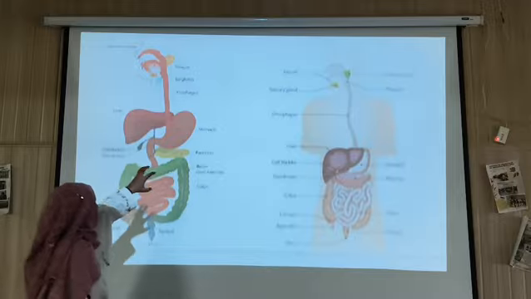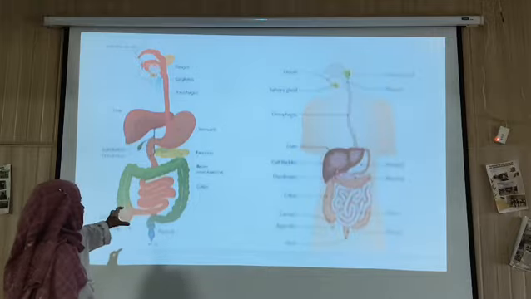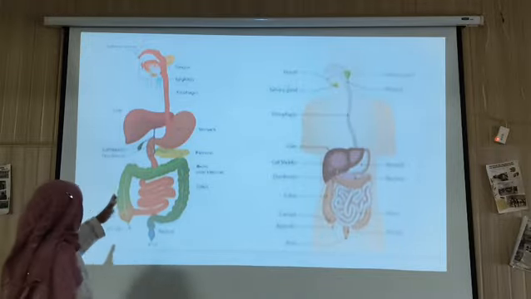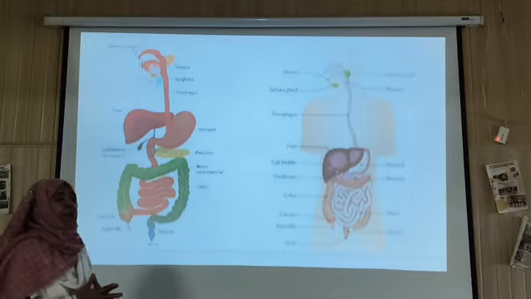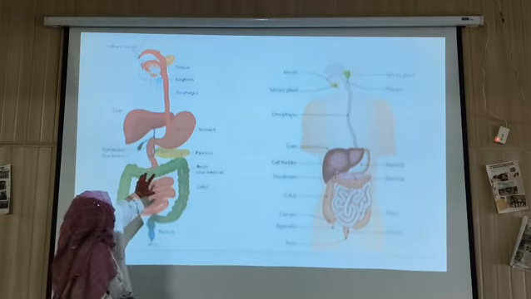After that, from the stomach, this food moves into the small intestine. In the small intestine, three juices will enter. One juice will enter from the liver, called bile juice, and that is poured into the small intestine with the help of the bile duct, which helps in emulsification or breakdown of large fat molecules into small fat molecules, and fat is broken down into fatty acids and cholesterol. And after that, some juices also enter from